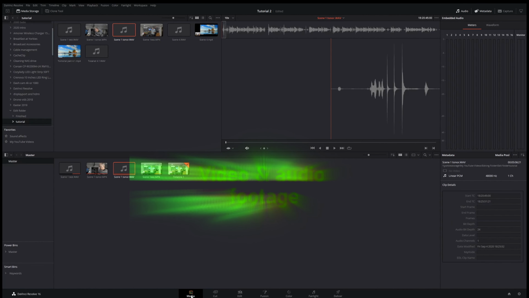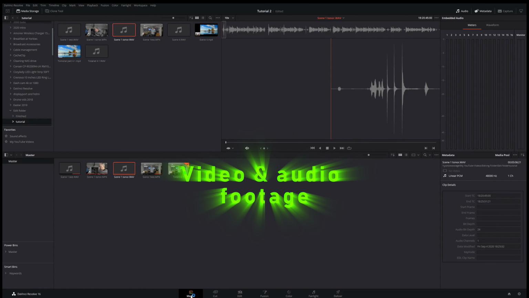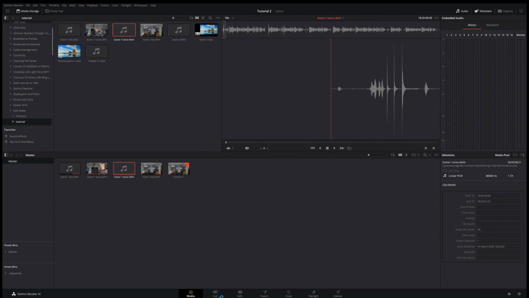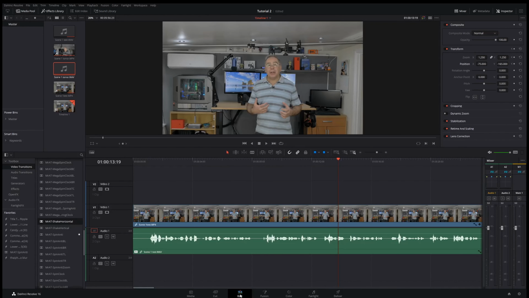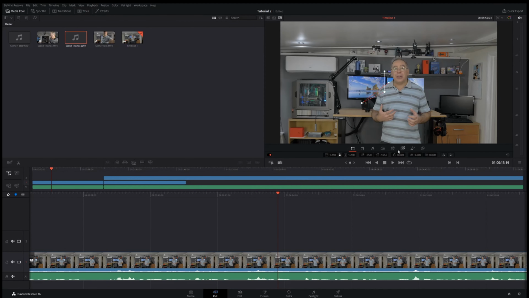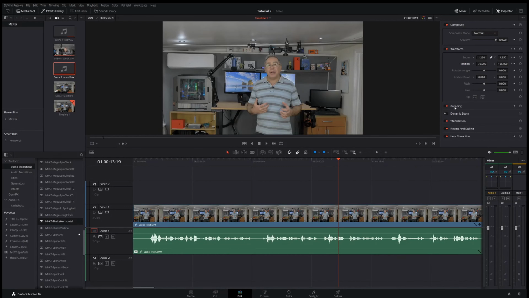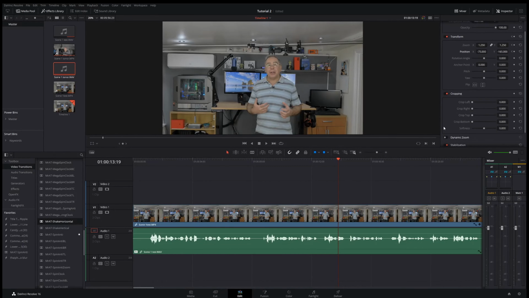This is where you get all your bits from, your video, your audio, you get it from here. Then we have cut, where you do all your editing and stuff like that, but I prefer to use this most of the time. You have some features here which is also on cut, which is in this bit all down here. But on the edit, if you want to do a bit of cropping, if you have another picture,